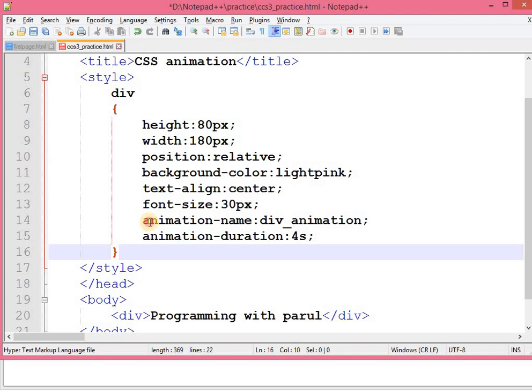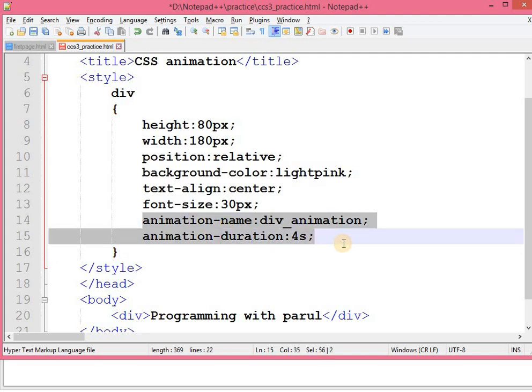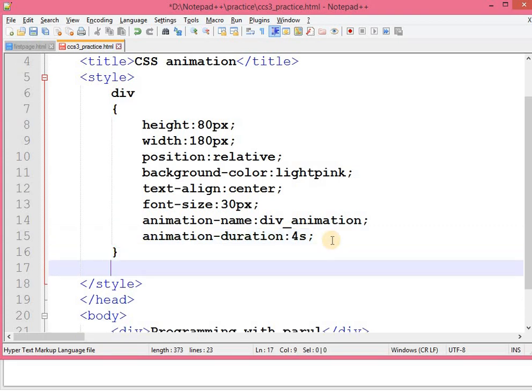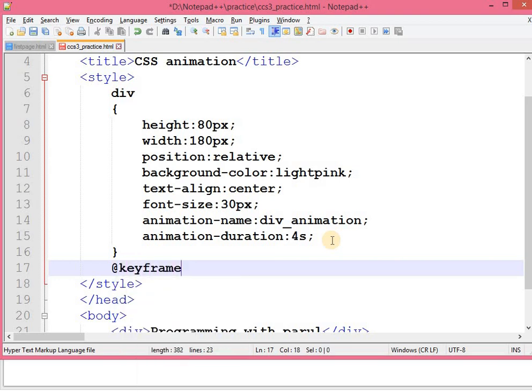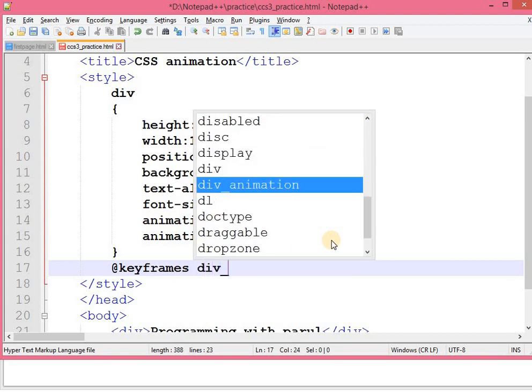Now over here with these two properties I have set animation name and duration. But where is my animation? Where is my div animation? So here comes the use of keyframes. @keyframes, and after keyframes you have to mention your animation name. Over here the animation name is div animation.